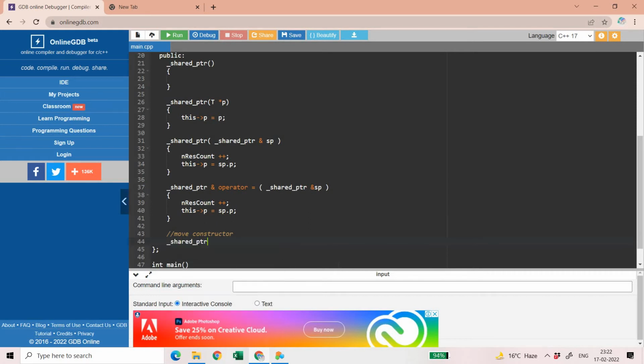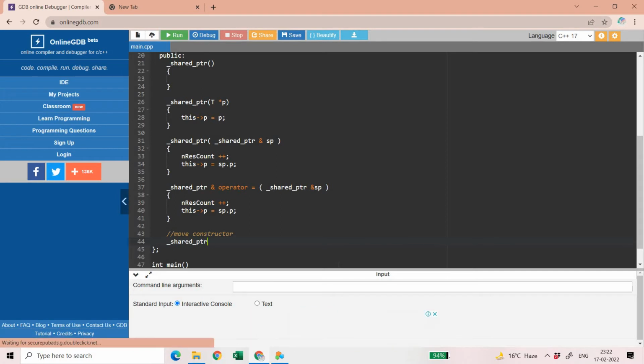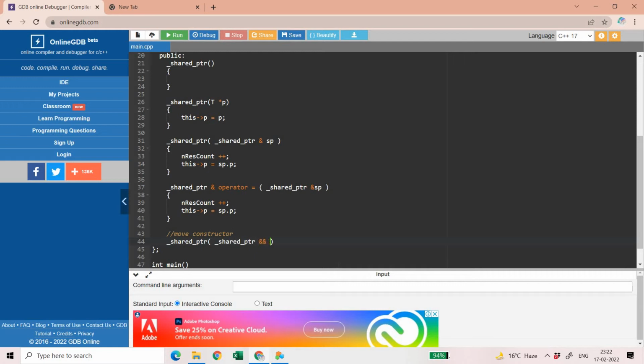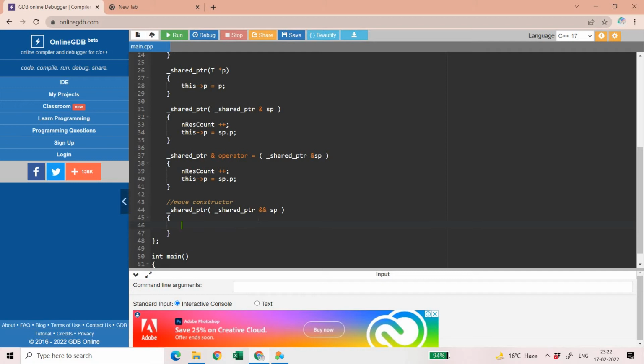So let me write it, shared ptr, and then shared ptr sp, where we use the ampersand sign here. When you use the move, you need to remember that you don't need to increase the resource count, because in case of move you will be moving, not moving exactly, basically you will be pointing